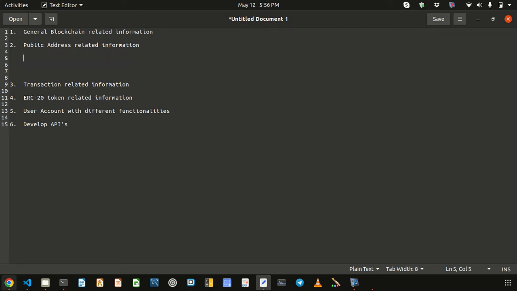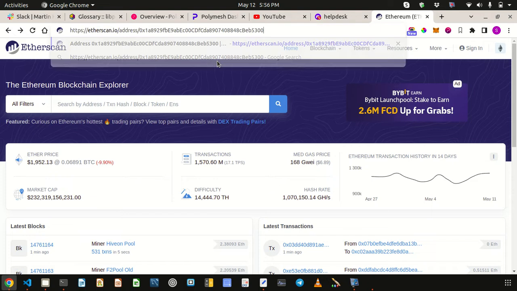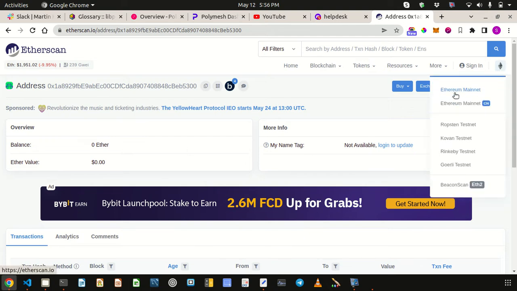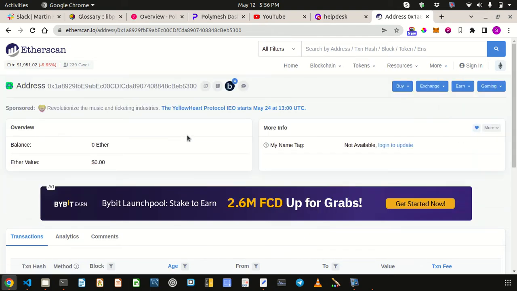If I copy this address and paste it in the URL, the network is showing me the information of this address on the main network. Remember, we are connected with the Ethereum main network, so I'm using this address from the test network, but all of these addresses are valid on any network. So on this particular network, I don't have any history, but if I switch to the